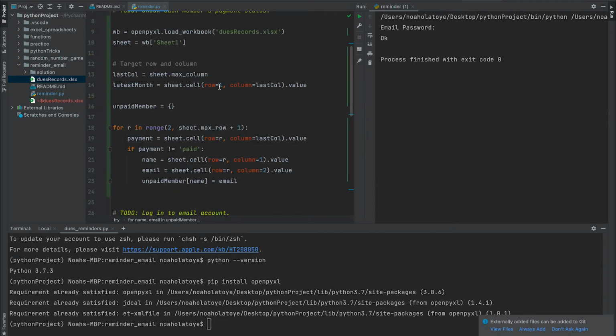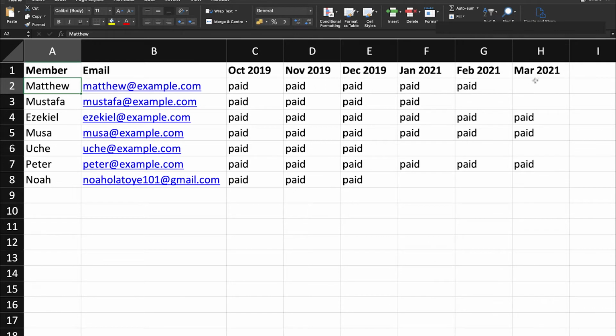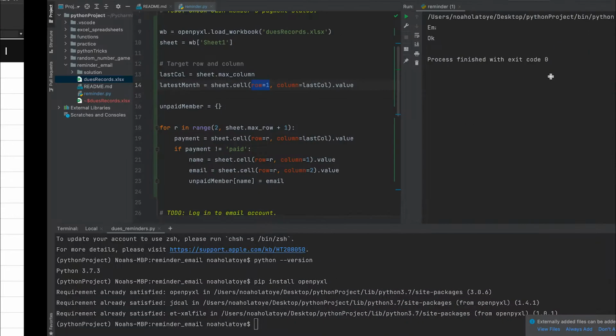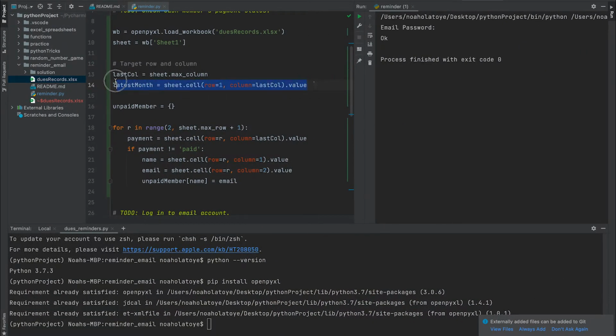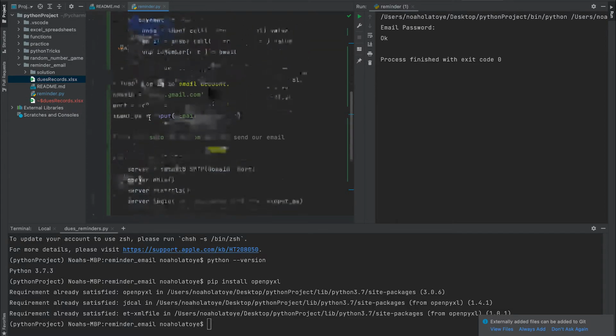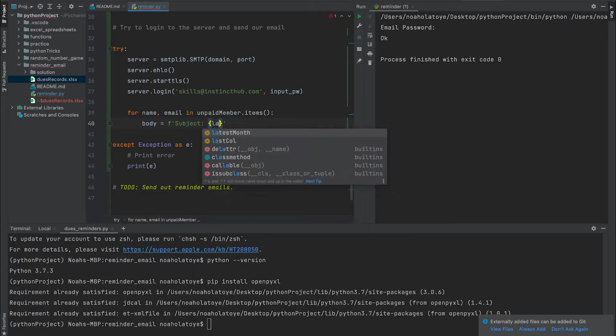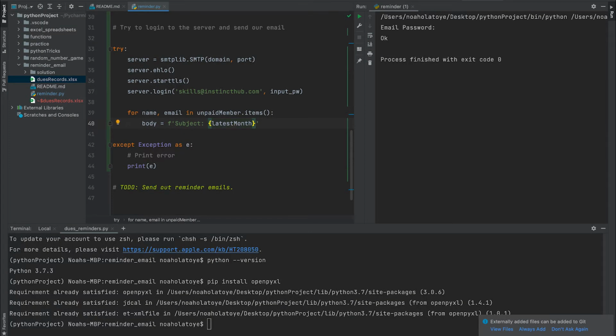So actually what this is doing is taking these dates, right? That is why we have it as 1. It's taking these very dates. So the time for us to use the last month is in our subject. So we are just going to say our variable, which is going to be last month, then we just have dues unpaid,